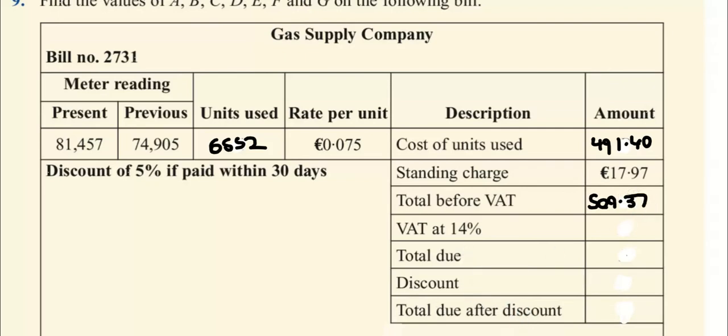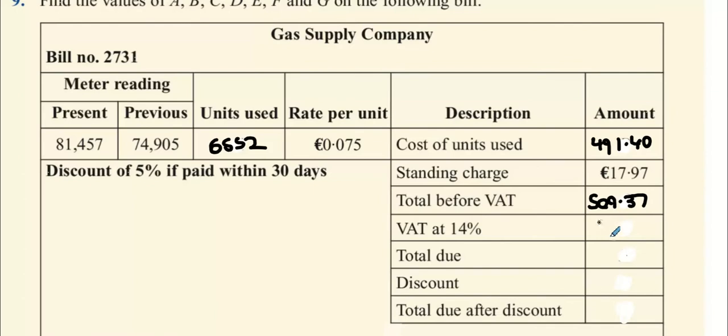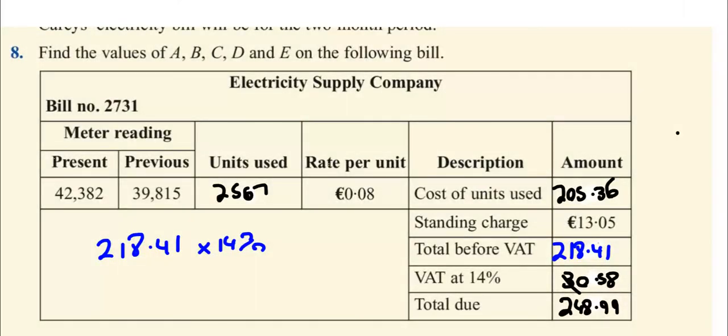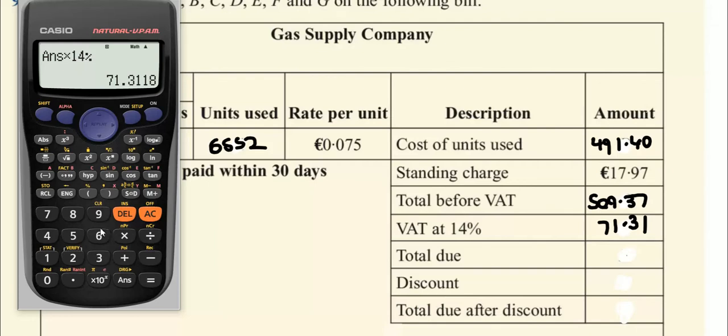Now we're going to multiply by 14% to find out what the charge is on that. 14%. €71 and 31 cents. We're going to add on the VAT. Hopefully I added it on last time, did I? I did add it on, thank God. I'm going to add it on to the 509 because it's value added tax. 0.37 plus 71.31, and I get